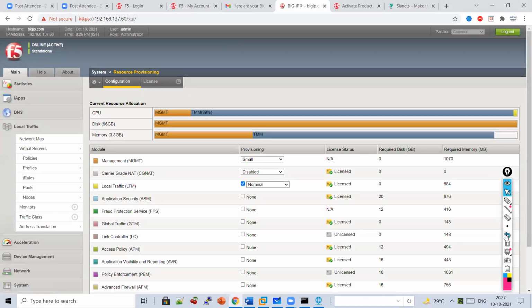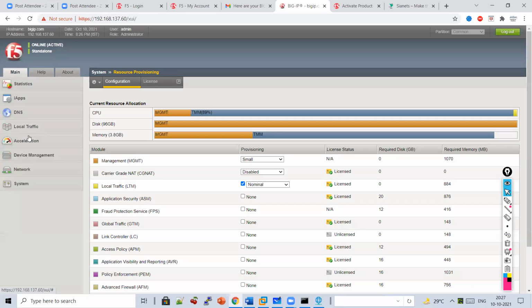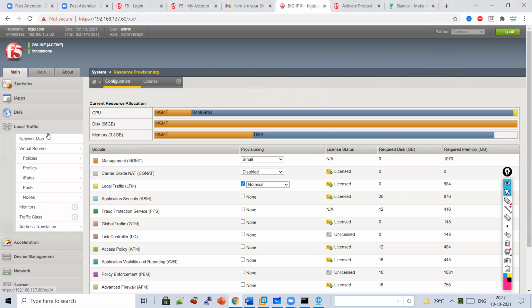So guys, one thing to note, all this configuration, whether it's related to virtual server, pool, or pool member, all this comes under your local traffic. So you need to go to local traffic.